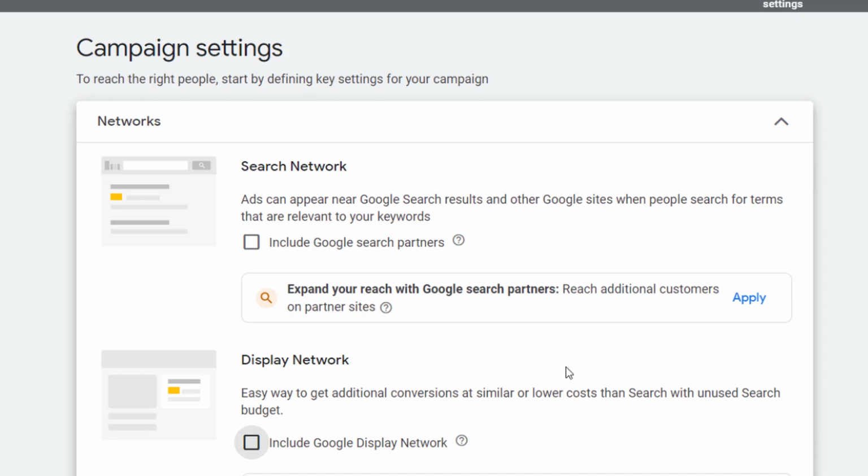And the reason for that is if you have a low search volume, the search network can definitely be worthwhile, and sometimes it's even a great way to expand the actual Google search results for even better results.